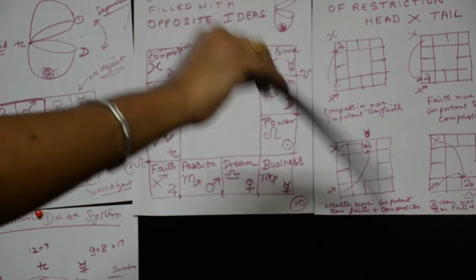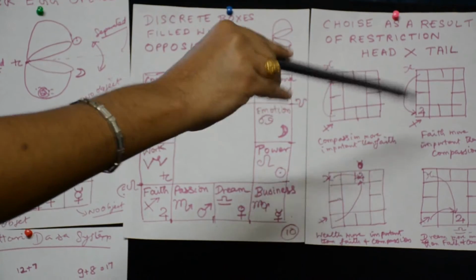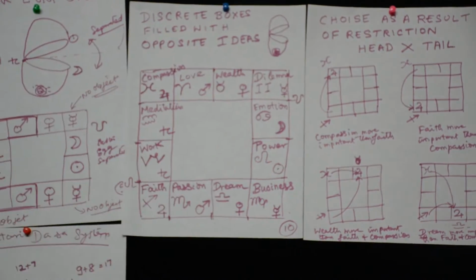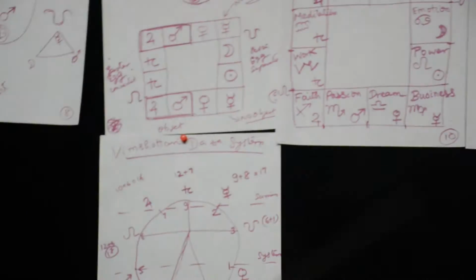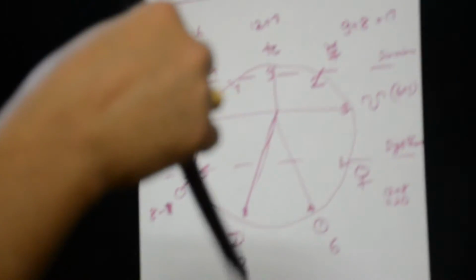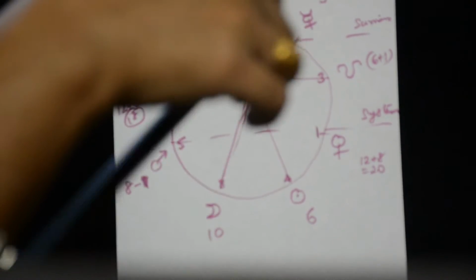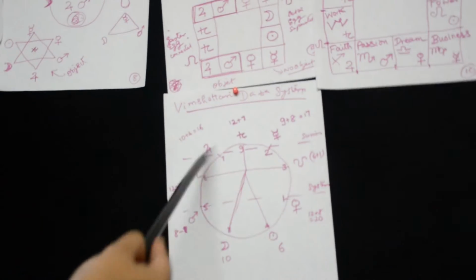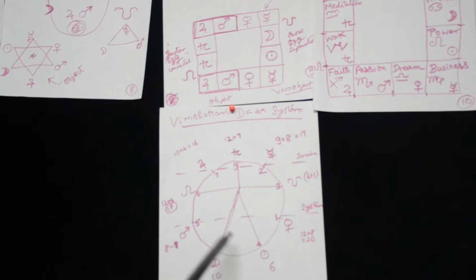So we will talk about the clash of perspectives a bit later, but this is a very basic understanding of the other system, which is called the Vimshottari Dasha system. Here you made a choice, but you don't know at what point a choice is going to reveal itself. So there is a journey, a particular order of journey, and how it is decided.